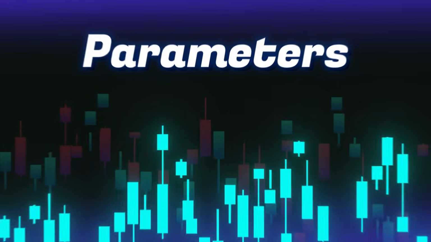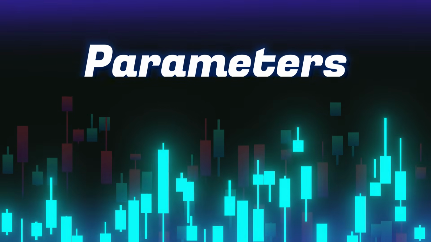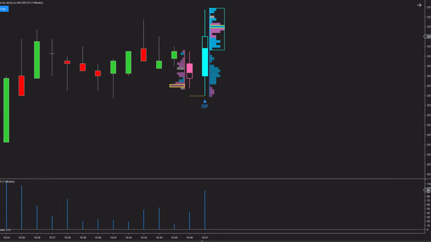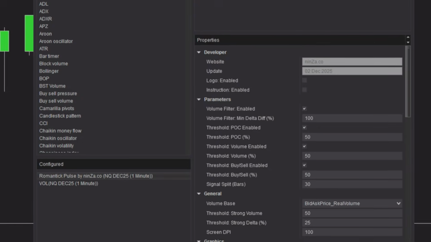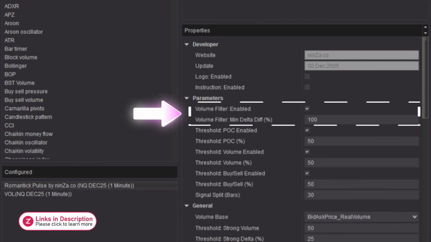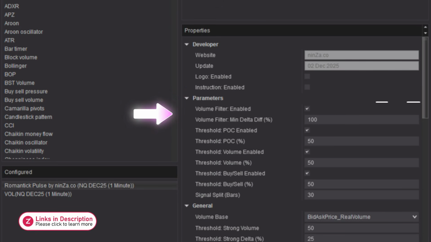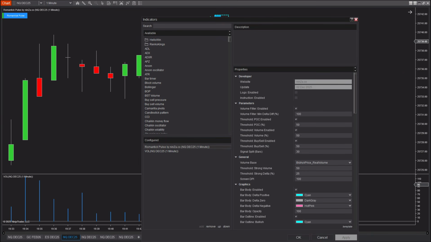Next, let's move on to the parameter section of the indicator so we can better understand its key settings and how each one affects its behavior. First, we have the volume filter, min delta diff parameter. This setting determines the minimum volume difference required between two consecutive candles. In other words, the current candle must reach a certain percentage of the previous candle's volume for the signal to